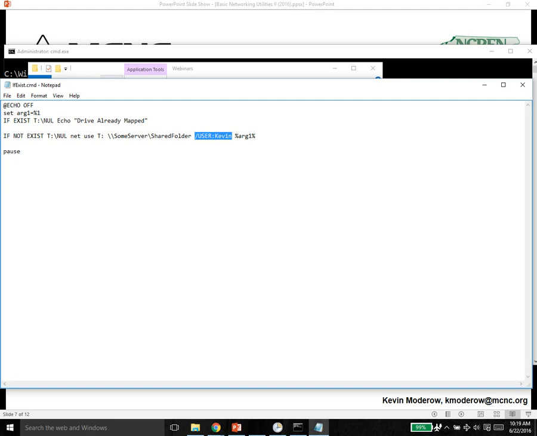and I can map that drive automatically. Now, the nice thing about putting this in a batch file is I can also specify the user. I can even specify the password. So if it's a shared path that requires elevated privileges, I can put those privileges right here in the batch